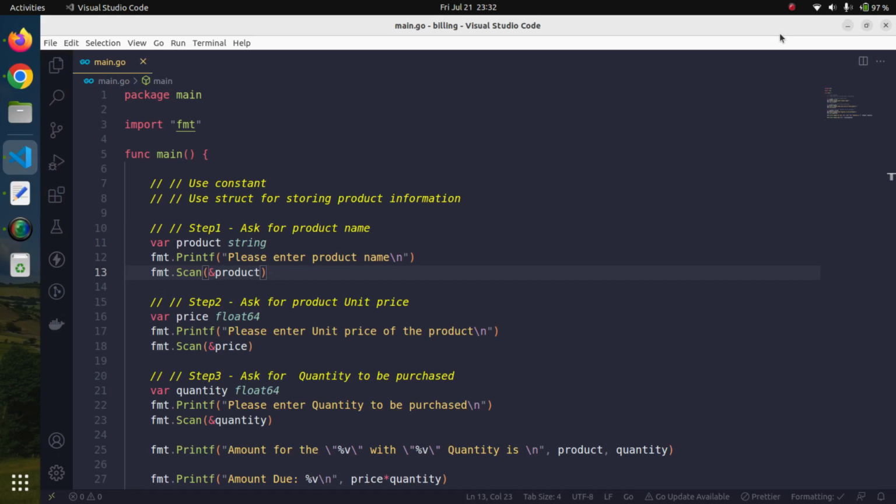We will continue to work on our billing and invoice generation software which we started in the last session. In this session, we will use some concepts which we already learned in the previous few sessions. We are going to use a constant for the name of our product catalog store, and we will